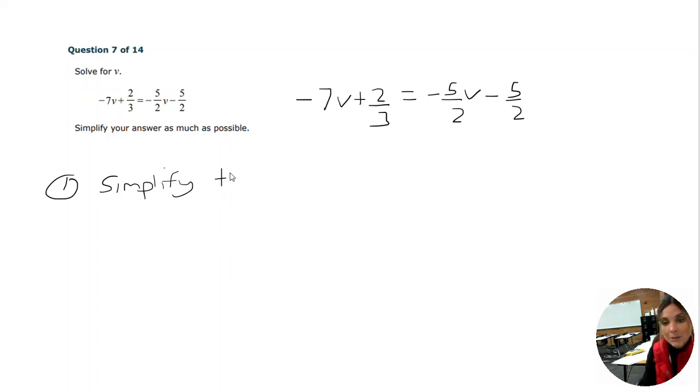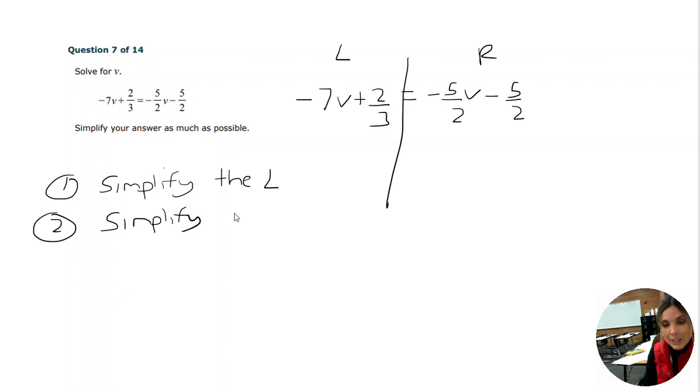So first thing you do is we're going to simplify the left side. So this is my right side, this is my left side. We can see on our left side there is no distributing to do, there's no like terms. So then we're going to move to our next step, which is to simplify the right side. Okay, nothing to simplify. Third step we're going to do is we're going to collect